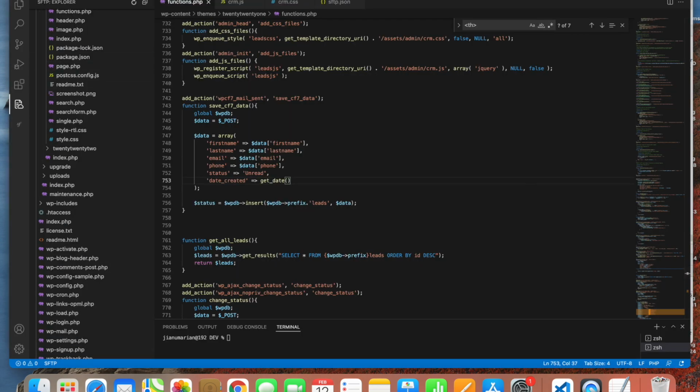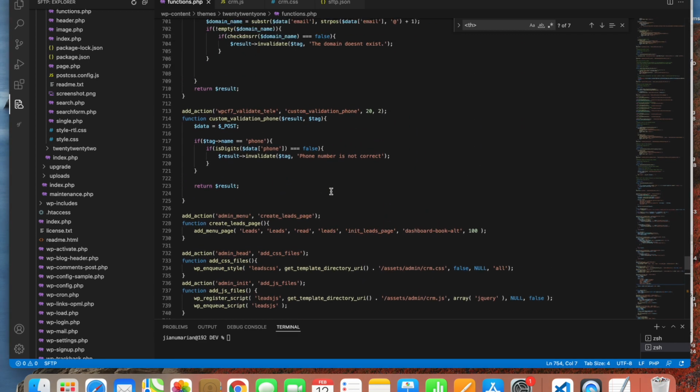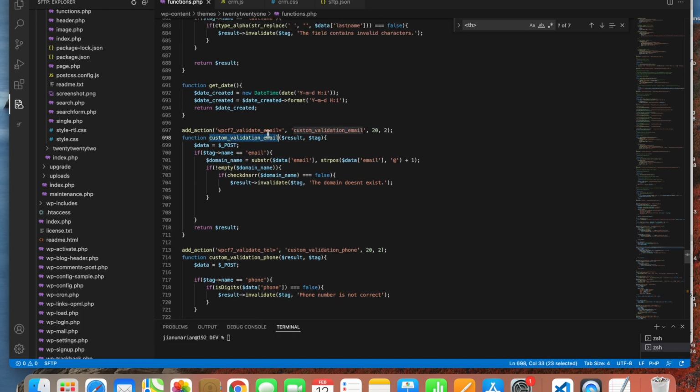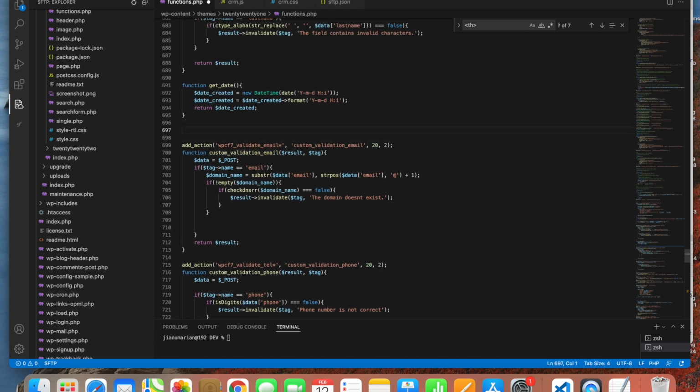So in order to check if this is working, we'll have to go back to our function, this one, and here we'll create another function that will select from our database the last lead that was entered with a certain value in the last 24 hours. So to do that, we'll have to create a function check lead